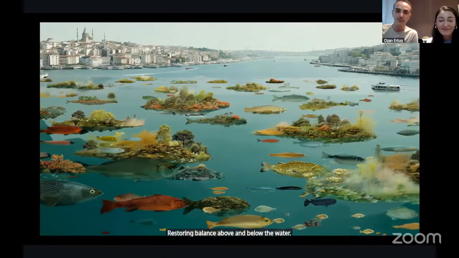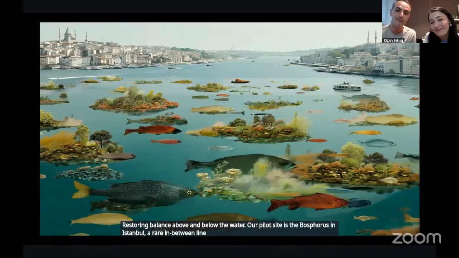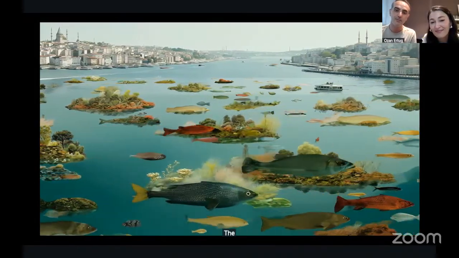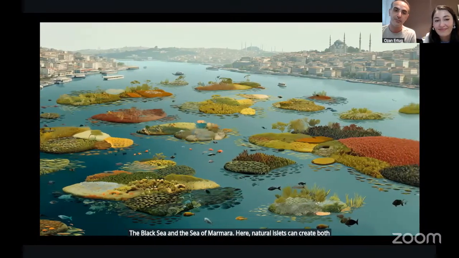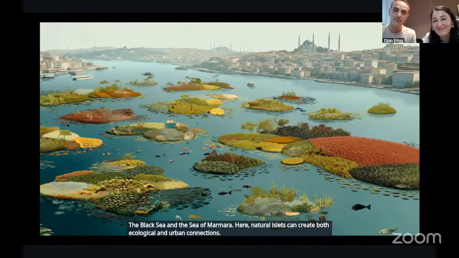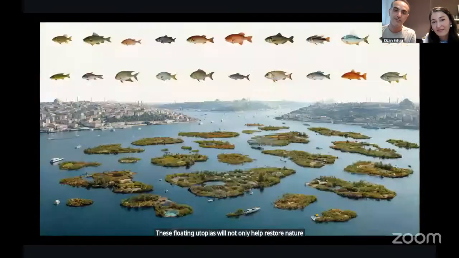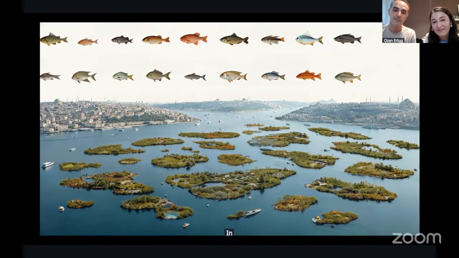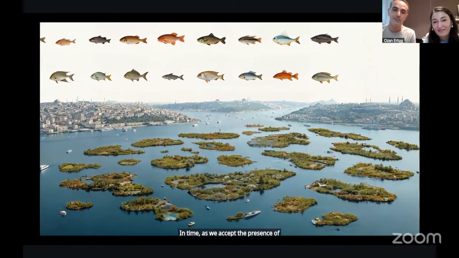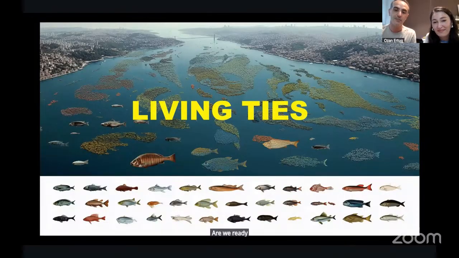Our pilot site is the Bosphorus in Istanbul, a rare in-between line connecting Asia and Europe, the Black Sea and the Sea of Marmara. Here, natural islets can create both ecological and urban connections. These floating utopias will not only help restore nature, but also repair the bond between humanity and the natural world. In time, as we accept the presence of these habitats, we may learn to speak to them again. Are we ready to show the patience and care required to begin this dialogue?